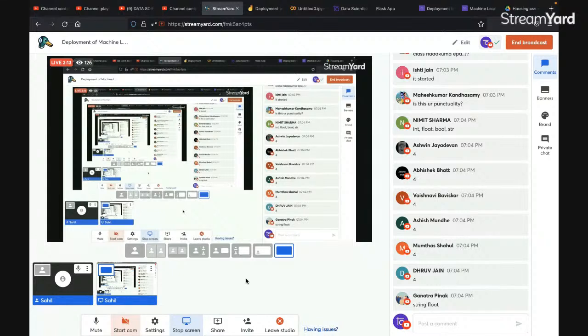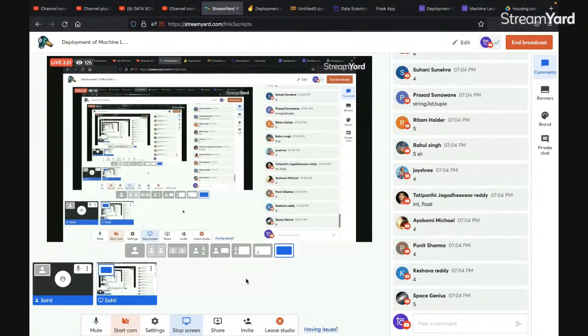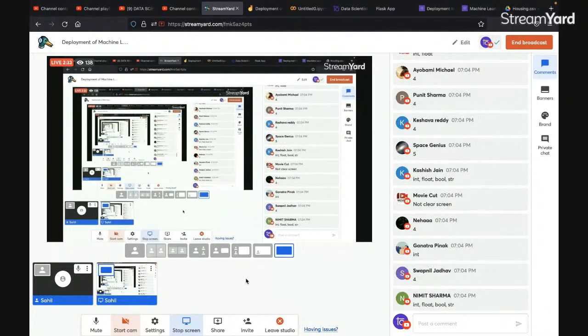String, float, and okay, we have talked about 4 data types. Someone is saying we have talked about 5 data types. Can you guys name them? Okay, integer, float, boolean, and string. Exactly. So we have talked about